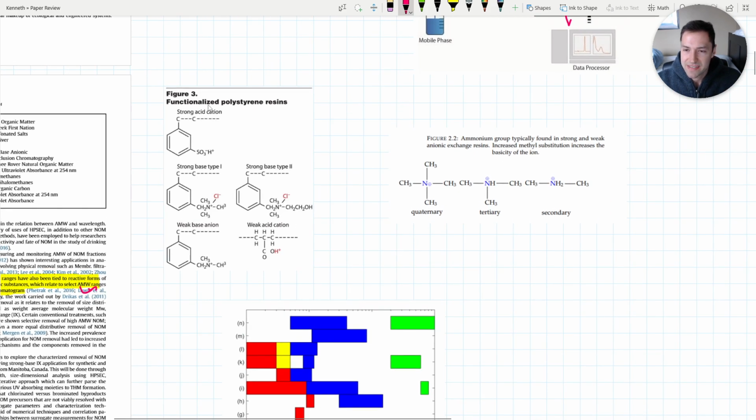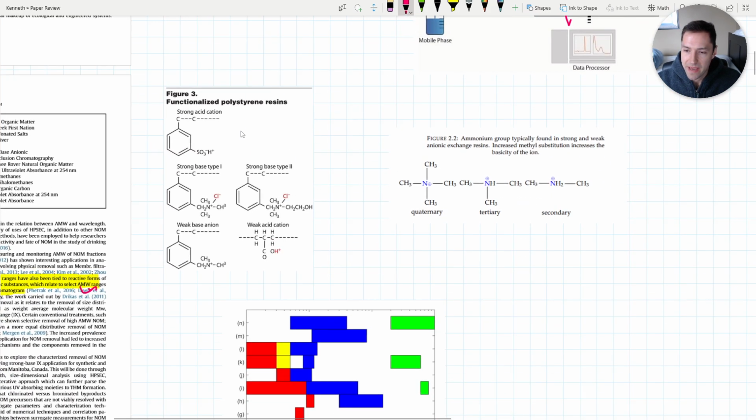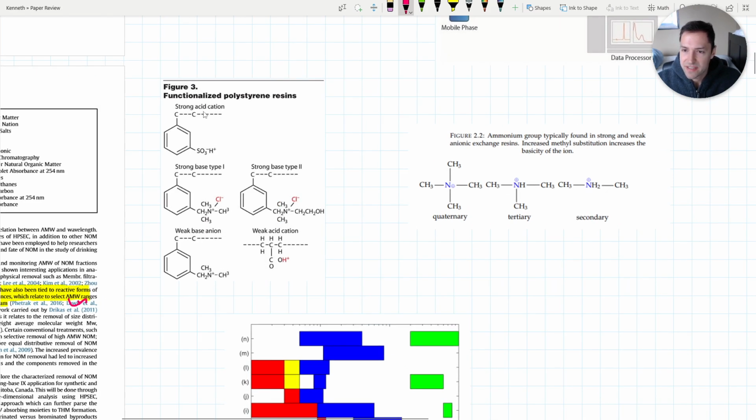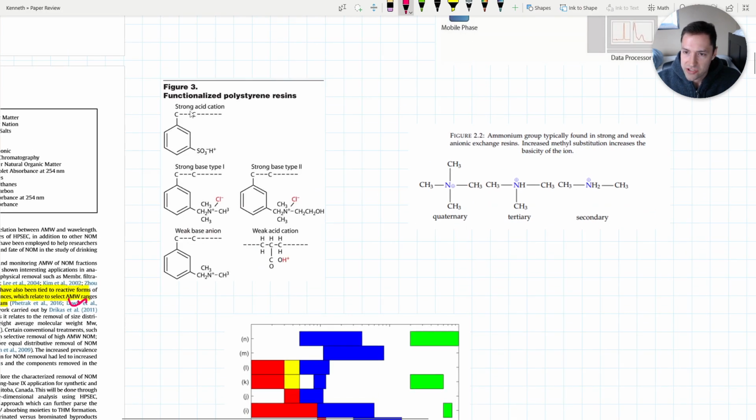And how these work is, it's pretty much an ion exchange, so it's performing ionic exchange with the water. Similar to how you have a chromatography column with a fixed bed, you would normally have, let's just say, a water softener tank. You would have an ionic exchange resin tank. And what you'd have inside these tanks are these different resins, and attached to these resins are certain compounds. So here's a strong acid cation, strong base, weak base, and weak cation. And all you need to know is that the whole purpose of these strong base resins, these are the ones I want everybody to focus on, is that